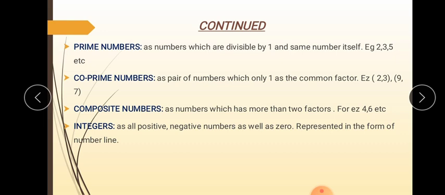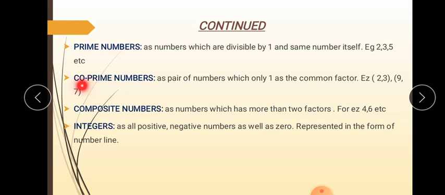We have one more definition of prime numbers. Numbers which have only 2 factors, those numbers are called as prime numbers. For example, suppose 2. 2 is 2 1s are 2 as well as 1 2s are 2. We cannot have some other multiples. So such numbers are called as prime numbers.